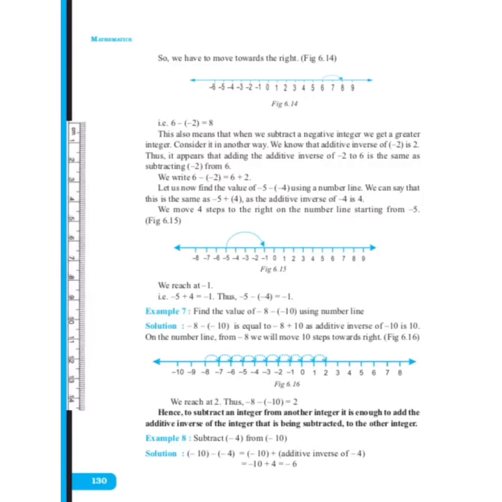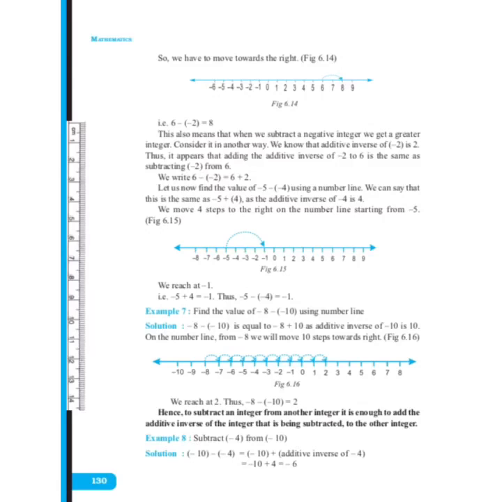Now children, let's see one more. Minus 5 minus bracket minus 4. Now this we have to solve using a number line. Children, here again 2 signs, that is 2 minus, are together. One is inside the bracket and one is outside the bracket. That means minus 5 minus bracket minus 4. So here minus 5 will remain as it is and minus minus will become plus, that is plus 4. So minus 5 plus 4, because additive inverse of minus 4 is plus 4.